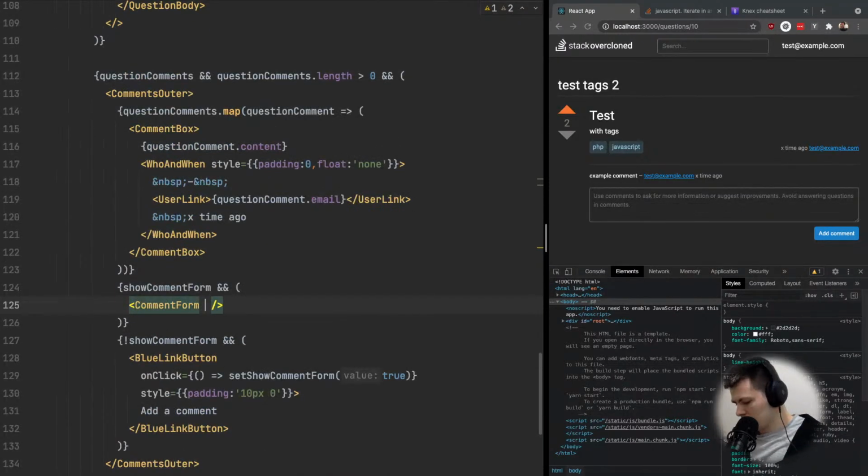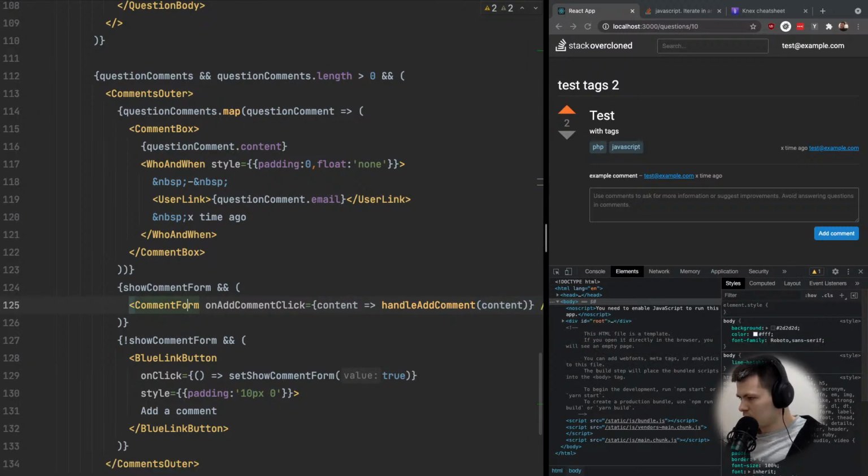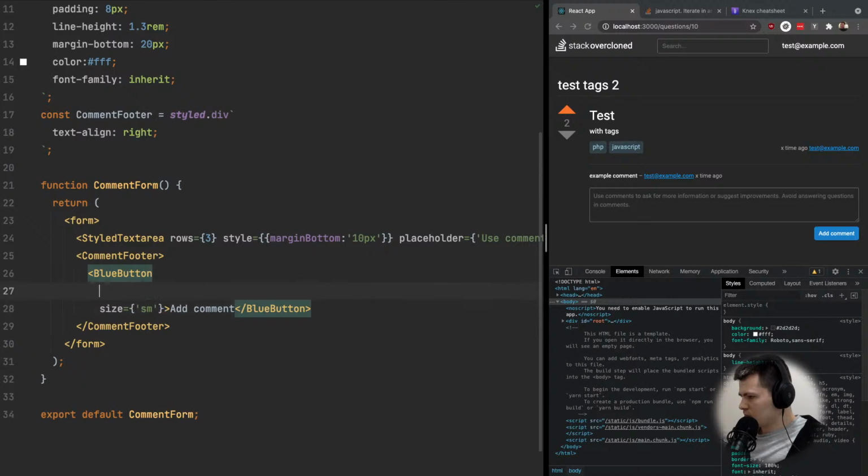On add comment click, content, and now let's copy this one, comment form, let's go inside, and on a click event